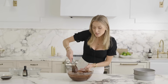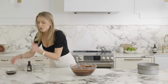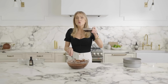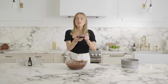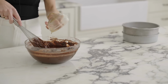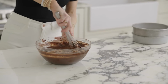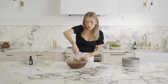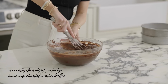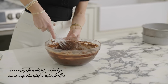Okay, so last step, oh my God, how easy was that? This is where everything really comes together. We are going to take a half cup of strongly brewed coffee, and you want this to be hot because we're going to kickstart this baking process and warm up our chocolate batter. And this we are just going to slowly mix together, and it's going to become a really beautiful, velvety, luxurious chocolate